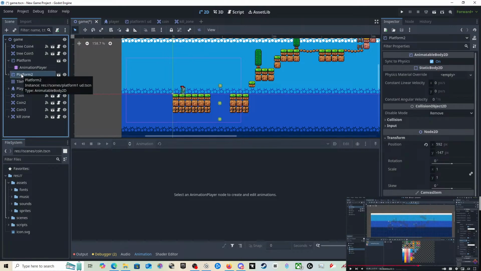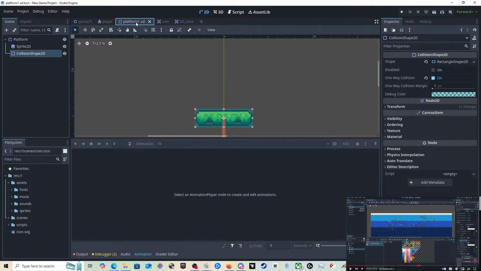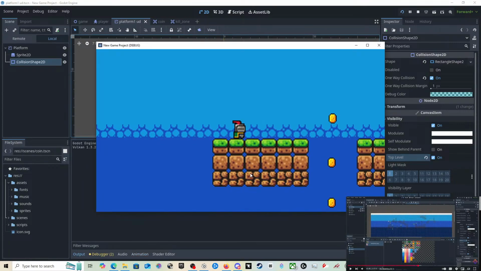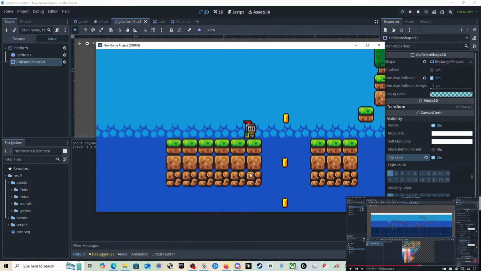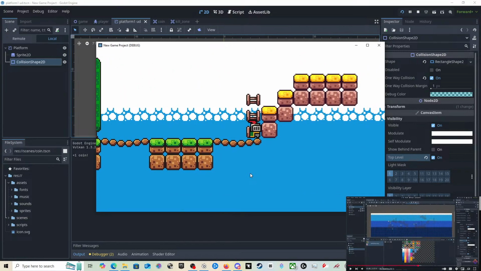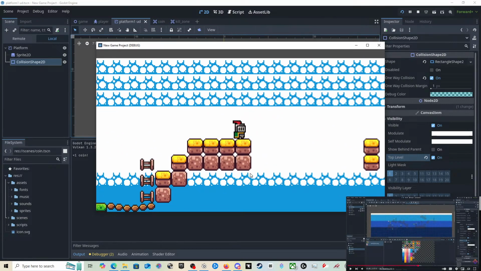But the platforms aren't for some reason. So that makes no difference.